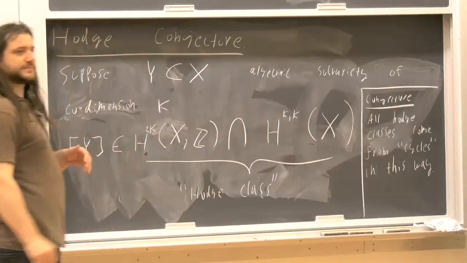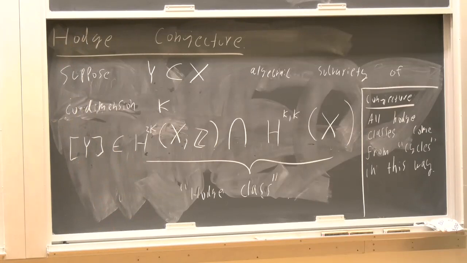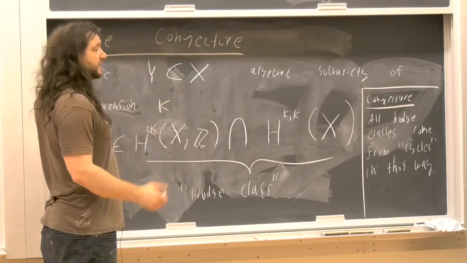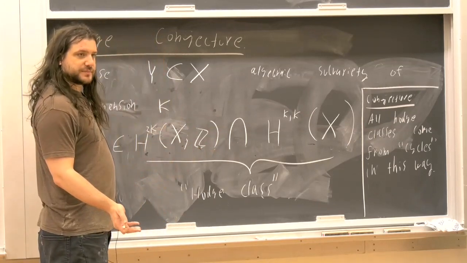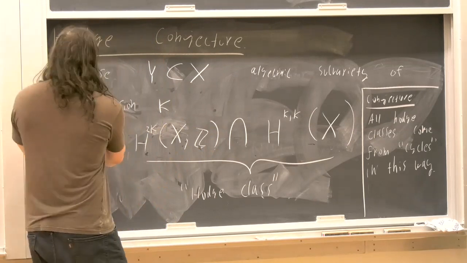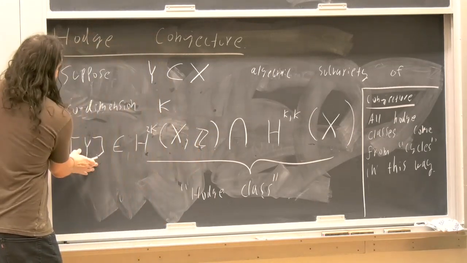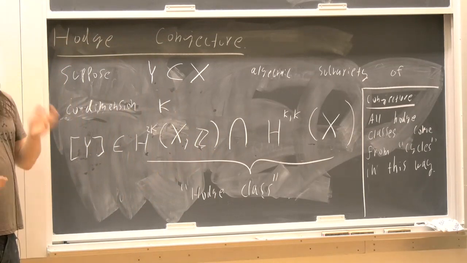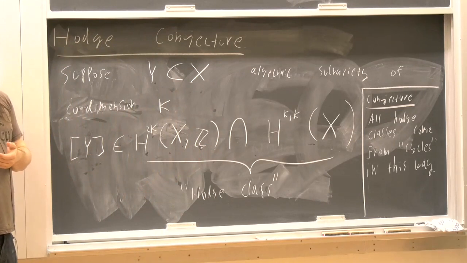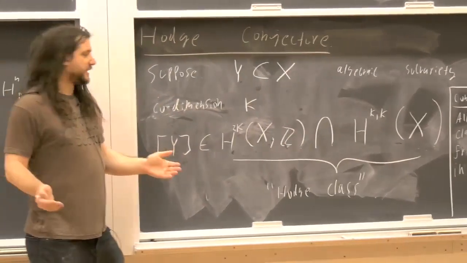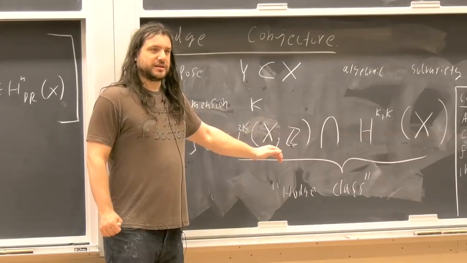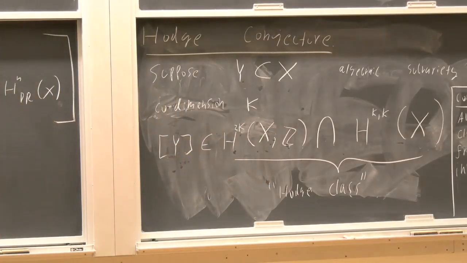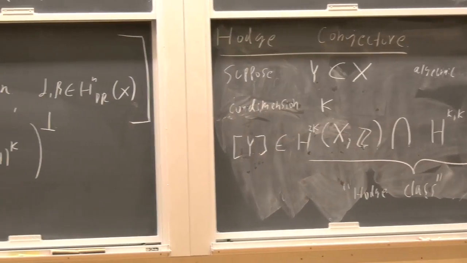Yes? I don't understand why this lies in the integral value. Oh, why it lies inside here? Just because Y is an integral manifold. So again, how do we get it inside here? Well, naturally, this is a homology class because it's a submanifold. And to get it to be a cohomology class, we need to use Poincare duality. So given any other class, we just intersect them and we get something inside here. Now because they're both actual manifolds, we'll get some finite number of points, and that'll give us sort of the